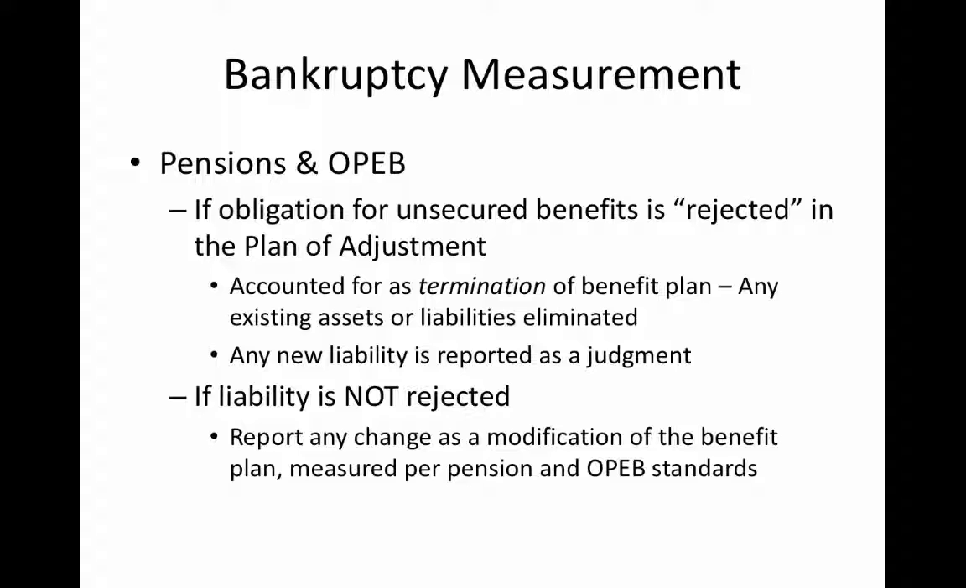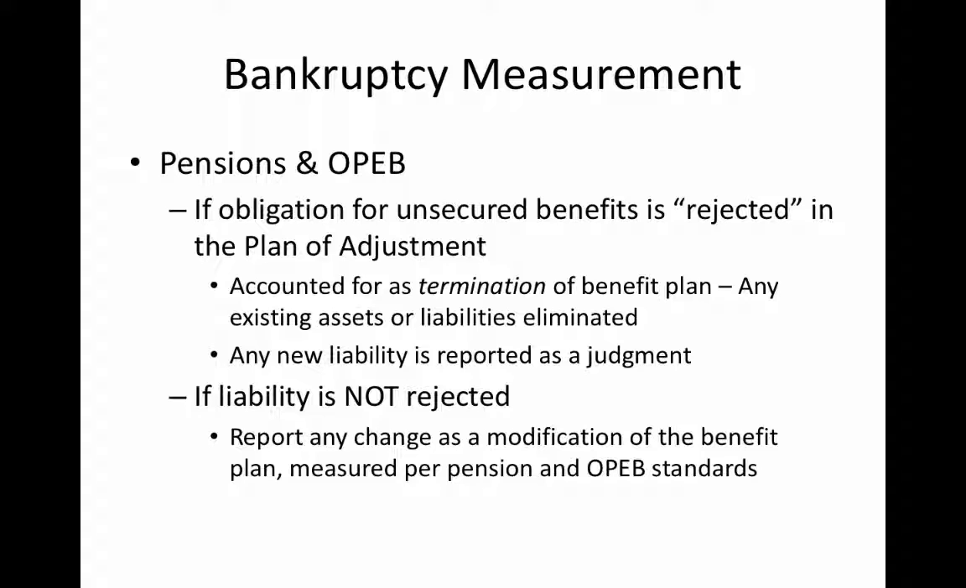An increasing focus of bankruptcy proceedings happens to be pensions and OPEB, because those do, for many, many governments, represent the biggest long-term obligations that they have. If the plan of adjustment, that's the outcome of the bankruptcy proceedings, eliminates some of those pension or OPEB benefits, it's accounted for as if the government had terminated the benefit plan. There are already existing standards for dealing with that. So what the bankruptcy standards essentially say is, account for it the way it should be accounted for under the